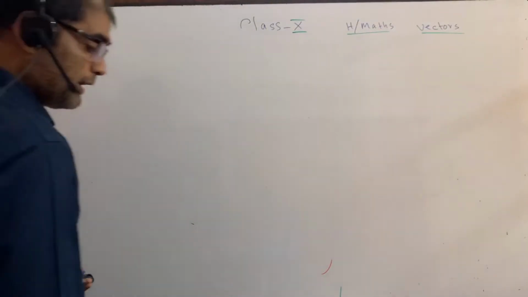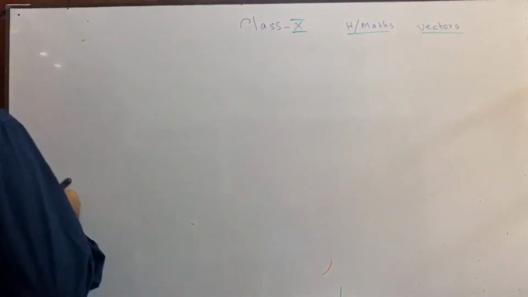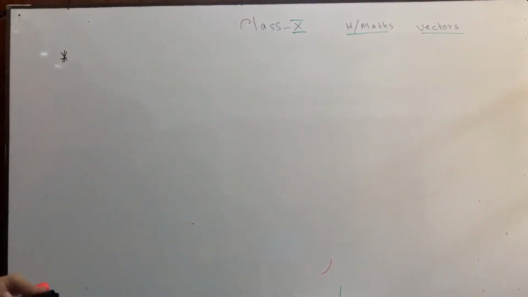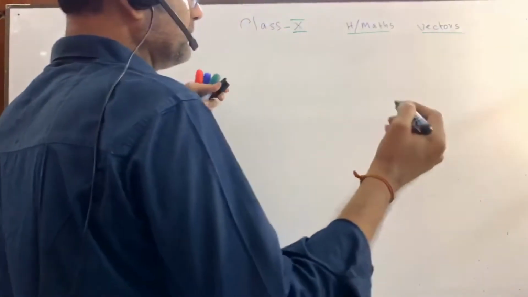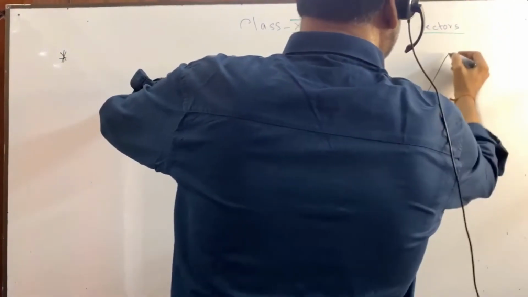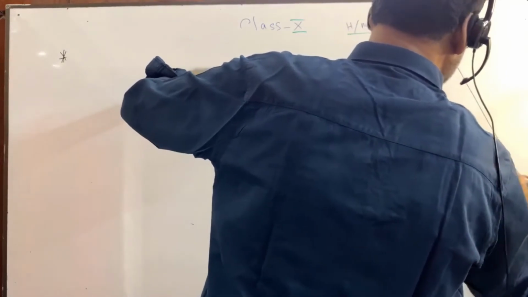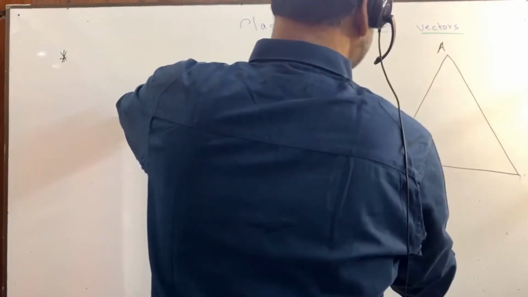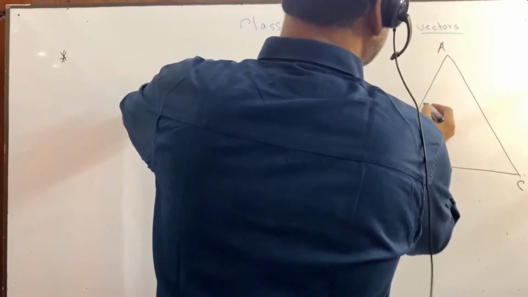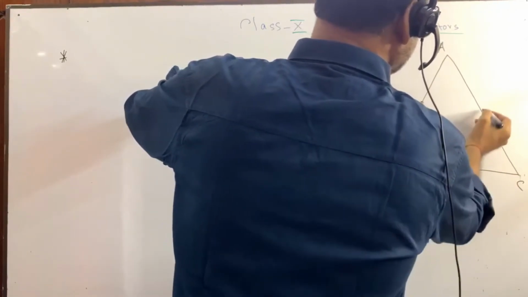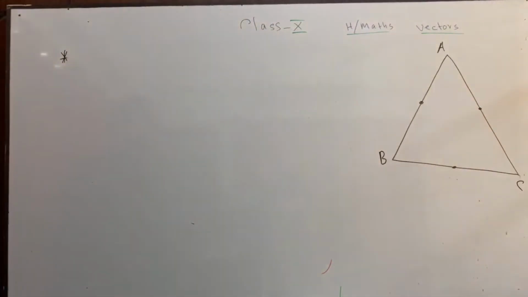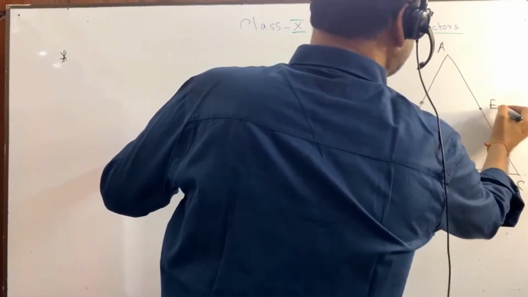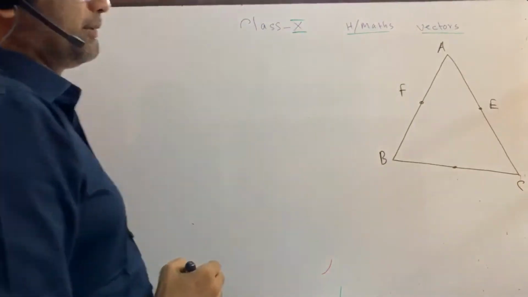In the same math, we are going to give you another question. Suppose you see another question which is part of the creative question, the same thing. In this way, suppose I am going to draw the figure. Now it is A, it is B and it is C. These are the midpoints. So what was the figure? It was D, it was E and it was F. Can you remember?